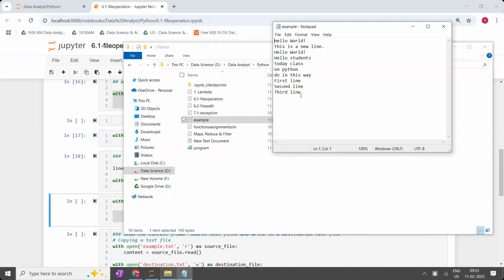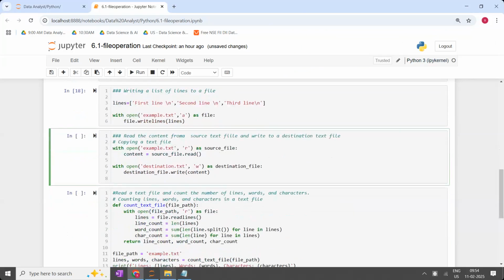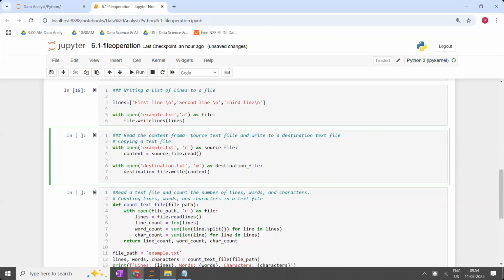Is the point clear? Like this, you can add multiple lines in this way. Is that clear, guys? Everyone? If you write like this also, the answer is the same. Choice is yours. Now, next one is read the content from the source text file and write to a destination